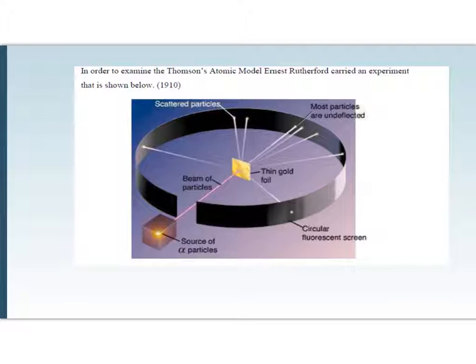So Ernest Rutherford believed in Thomson's atomic model, and he decided to prove that Thomson's atomic model is right. So he set up an experiment like this, which is known as the gold foil experiment. The other name, in fact, is the alpha scattering experiment. During this experiment, he sent some alpha particles here, and he said that if the atom is homogeneous like Thomson said, most of the rays should just get off this gold foil like this,